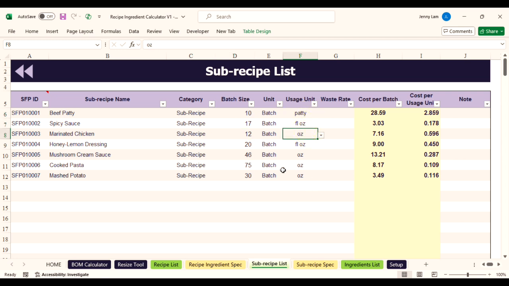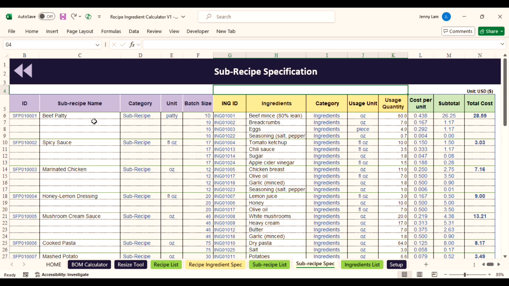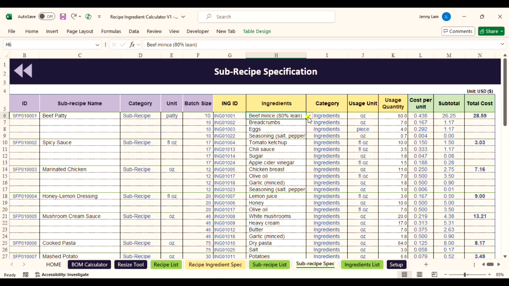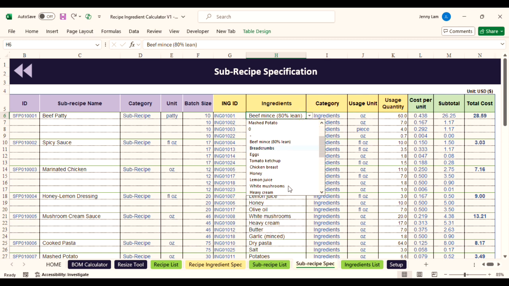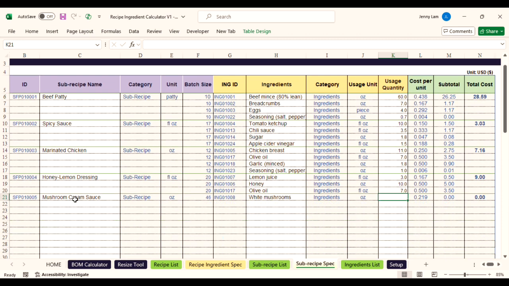Then, jump to the ingredient specification for sub-recipes sheet. 1. Pick a sub-recipe. 2. Pick ingredients. 3. Add amounts you need in usage quantity column. The cost calculates itself. For example, mushroom cream sauce might need white mushrooms, 20 ounce, heavy cream, 17 ounce,